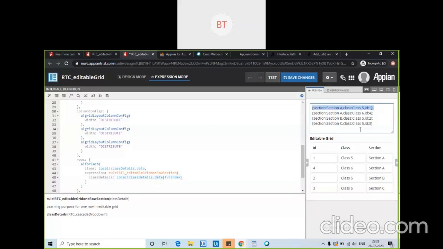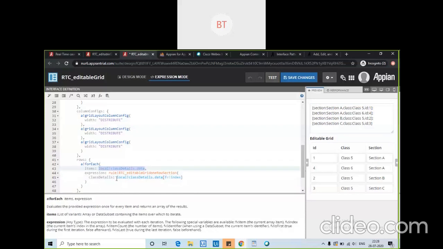For index 2 we have this value, take this and print this. It will automatically do this with every index. So we just need to map this in items so that it can understand where to iterate and on which array it needs to take the index.